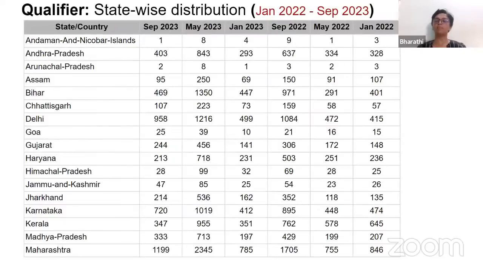So one thing very unique about this program is that unlike a college where all your classmates, batchmates will be of the same age, maybe 18 years old or 19 years old, one thing that will be very interesting in this program is you'll have classmates who are vice presidents of companies, who are entrepreneurs, who have their own companies. They are probably full-time sports candidates. There are musicians in the program. There are medical doctors who are doing this program. There are people who are 60 years old, like I said, there are people 40 years old, there are working professionals. So it's a very heterogeneous mix of students that you will find in your class studying along with you